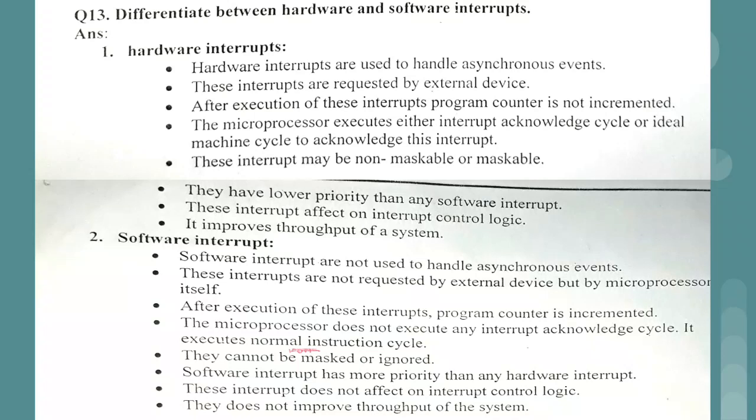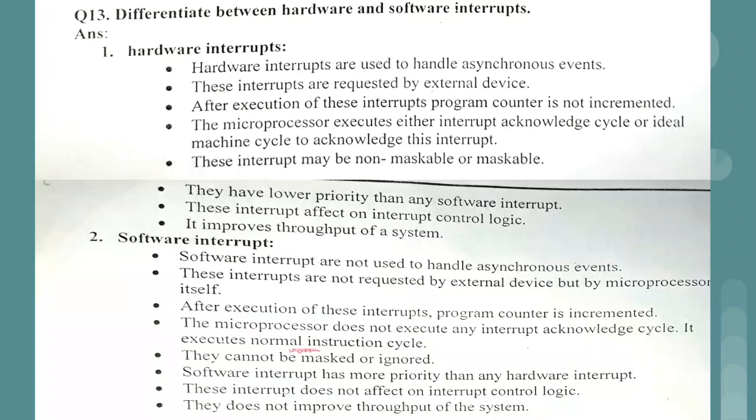It silently skips certain lines of code, certain instructions, and then continues with the next instruction. Sometimes this happens, meaning we will not come to know that the interrupt has occurred, but at the end, whenever we get the wrong output, from that we find out that something wrong may have happened. So in case of a hardware interrupt, the acknowledge cycle will interrupt the program execution, and in case of a software interrupt, no such thing will occur.